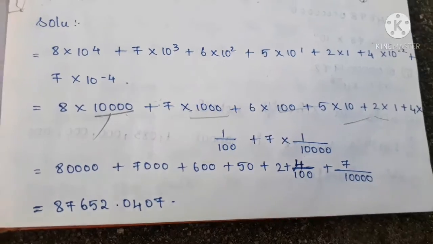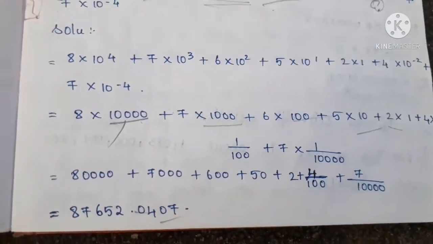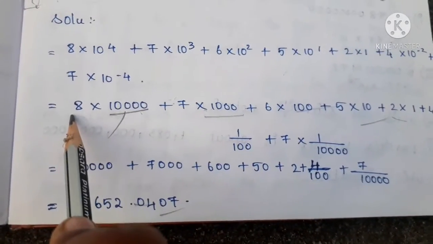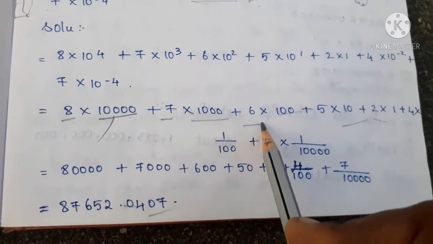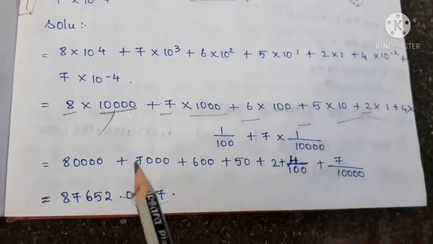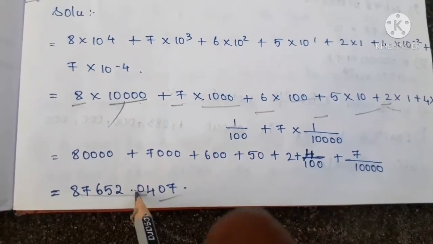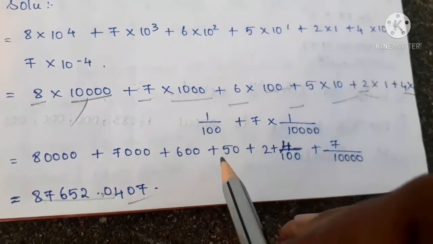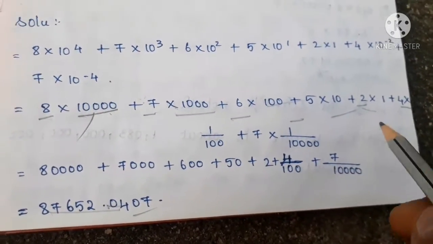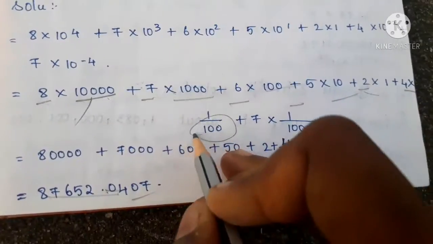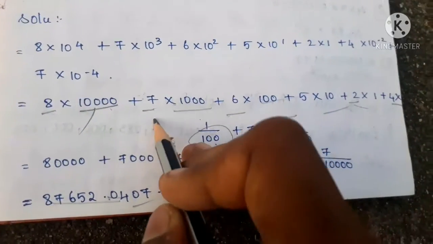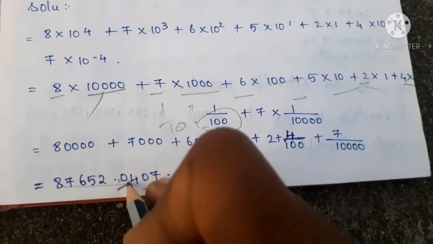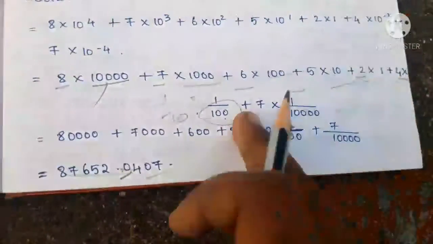So what should we do? We should put 0 in the place of them. Okay. So the first number will be 8, 7, 6, 5, 2. These will be the whole numbers, and the point you will put. What next? First you should put 0, because it is 10 power minus 2 into 1 by 100. Where is 1 by 10? So in the place of 1 by 10 you should put 0. Straight away don't put 4 and 7.